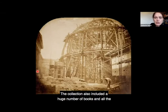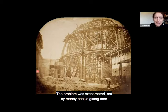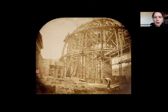The collection also included a huge number of books. And all the books which nowadays are up at the British Library on the Euston Road originally were housed in the British Museum. And as this book collection grew, so space ran out. The problem was exacerbated not merely by people gifting their books and manuscripts, or collections of them being purchased, but by the fact that the King had granted the British Museum the right to receive a free copy of every single book published in the